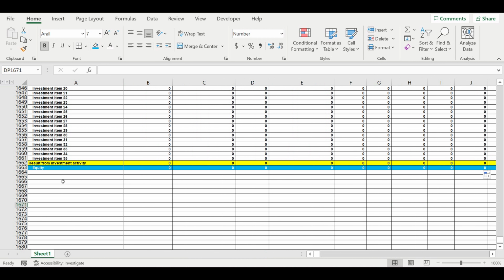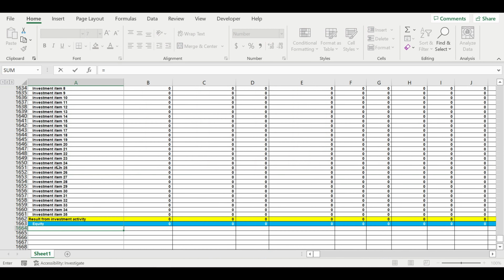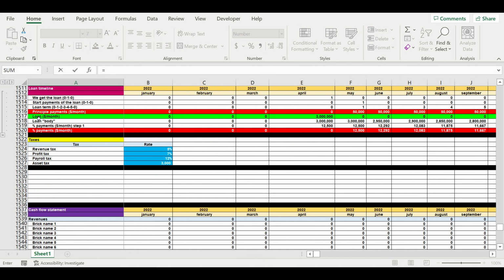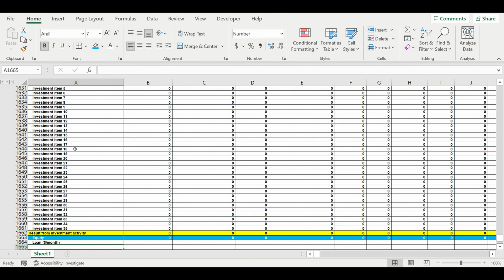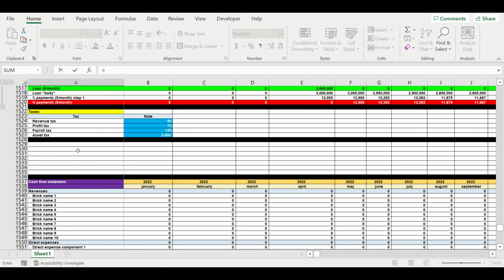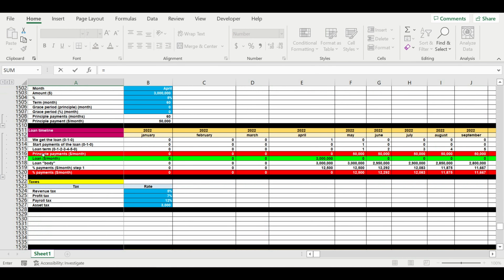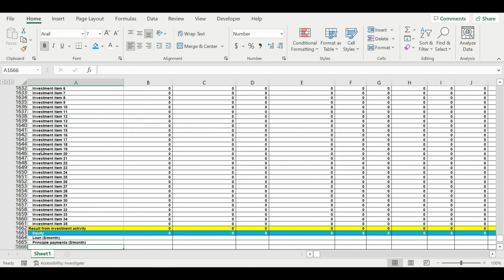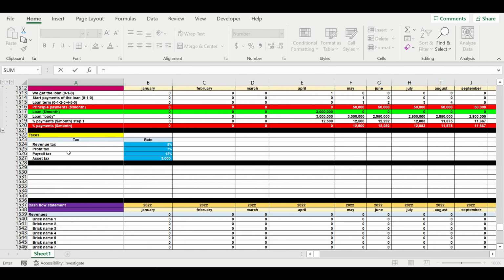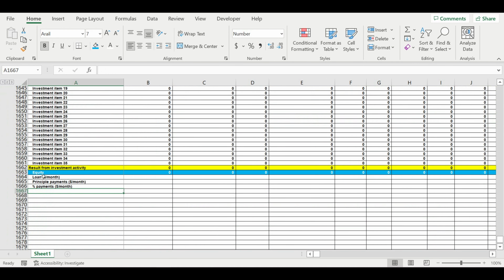Then we are adding inflow of the loan. Then we are adding principal payments of the loan, and we are adding interest payments. Then we are extrapolating this story to the right,